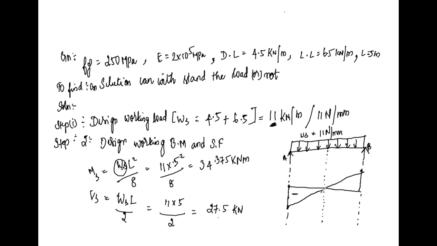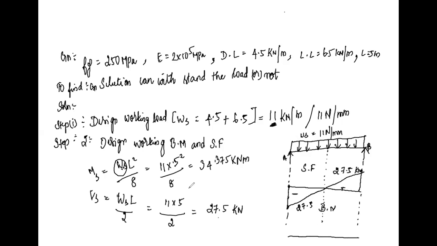Okay, this is negative and this is the positive. The value is 27.5 and here it is also 27.5. Its unit is kilonewton because this is the shear force diagram. And coming to the bending moment,